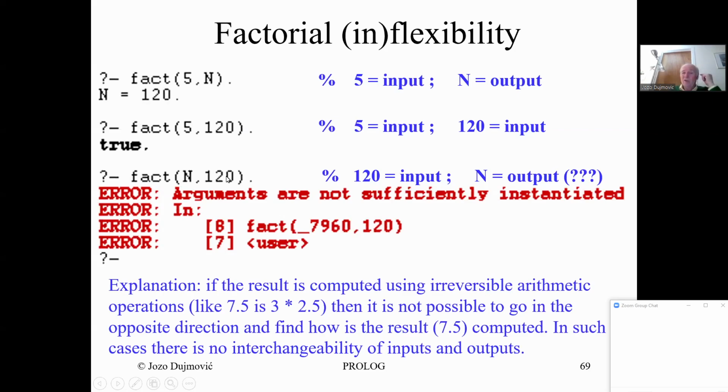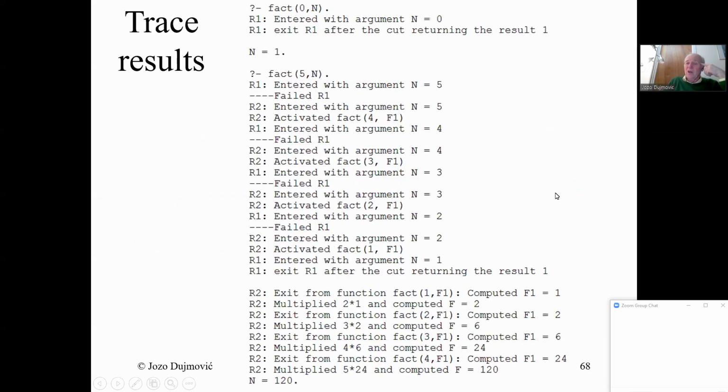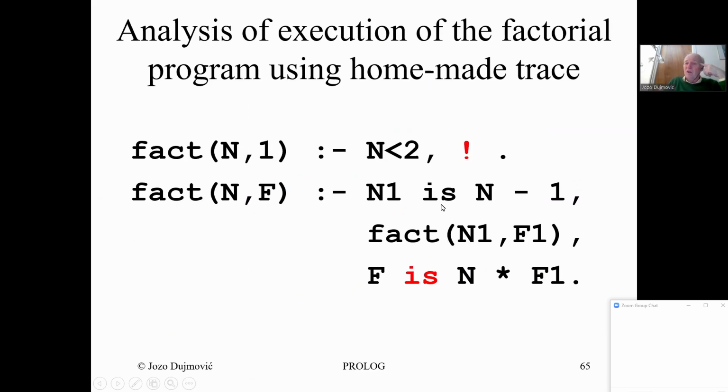And the error message that you obtained is: arguments are not sufficiently instantiated. Not sufficiently instantiated means that there were some arguments that were strictly inputs, and you were not giving these inputs. We have not given the input. By the nature of the program, this n is strictly input. It is used to compute n minus 1, again with this assignment. So you have two assignments inside,